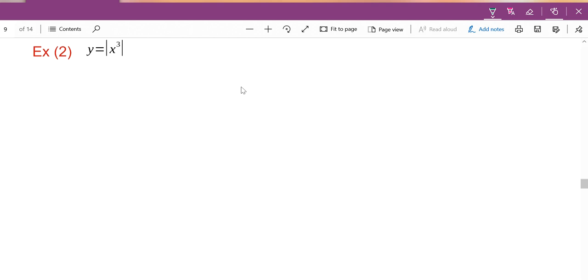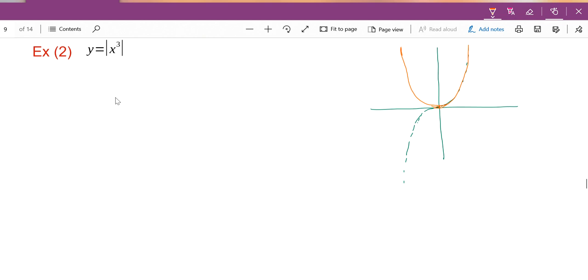Suppose this, modulus of x cube. If I draw the graph, you already know the x cube graph, it's something like this, but for modulus of x cube you have to flip whatever is negative up. So this is your y equal to modulus of x cube. Do you think this point should be a problem? The way I have drawn it, it doesn't look as if this point is a problem. But suppose even after drawing, I am not sure whether this point is a corner point or not.